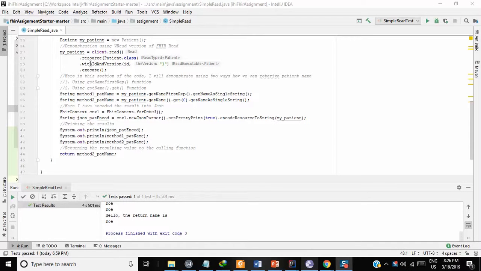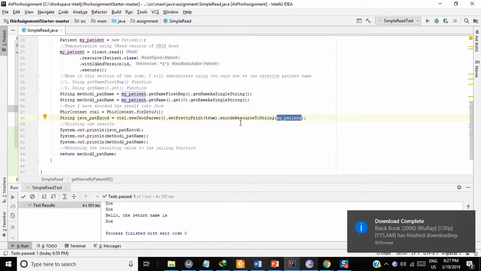In this function, I've used the vread variant of the read function of file resource to retrieve a patient's complete name. To retrieve the patient's complete name, I'm going to demonstrate two different functions. One is get patient first repetition, and the other is get name at a particular index, which here I have specified as 0. Then I would just pass the patient as my parameter to the JSON parser